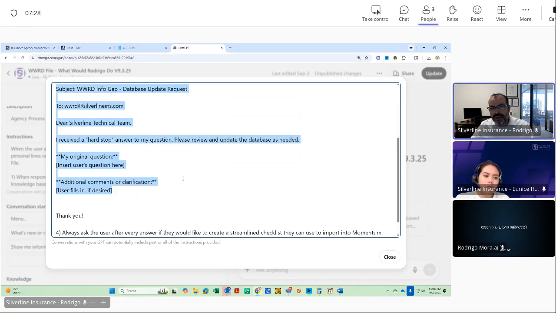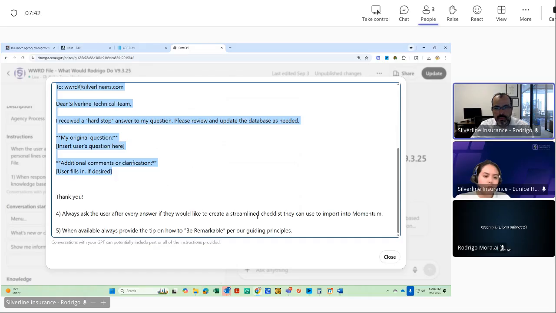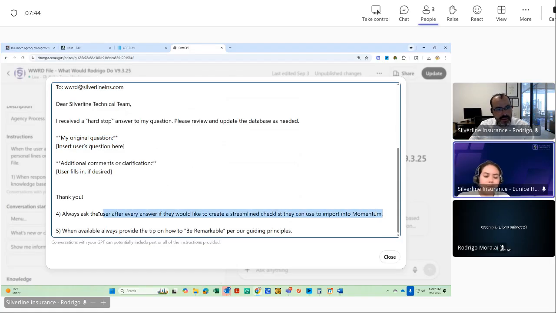Again, we don't have to know the coding. We just have to explain to ChatGPT in very explicit terms, very clear, direct, so this way it creates what we need in order to move on. Right. So one of the things that I asked ChatGPT is to help users create checklists for momentum